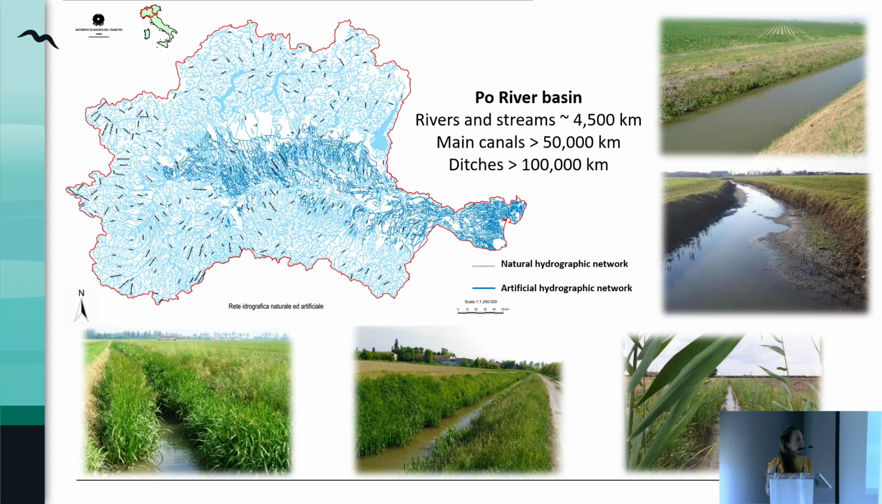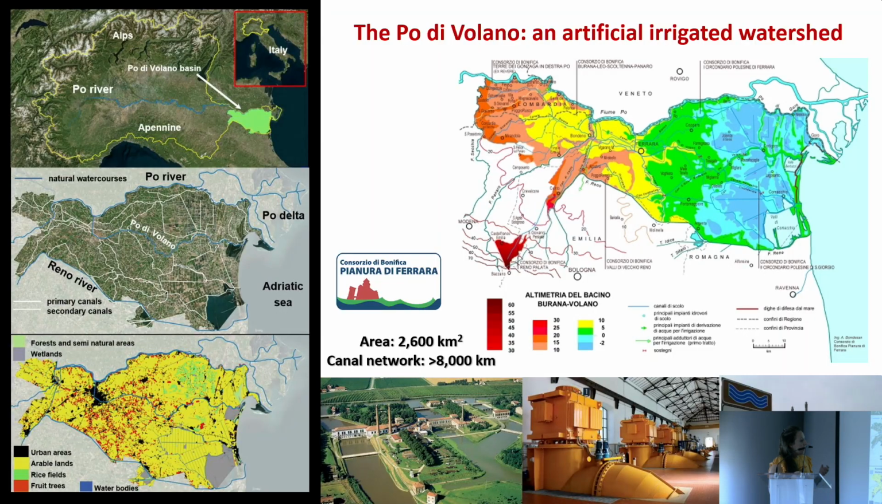But at present, this small ecosystem is usually managed with the only purpose of water transport capacity, to reduce hydrological risk and to provide water irrigation. And from this point of view, a peculiar study area is the Po di Volano Basin. That is the deltaic portion of the Po River, a completely flat territory and for the most part below